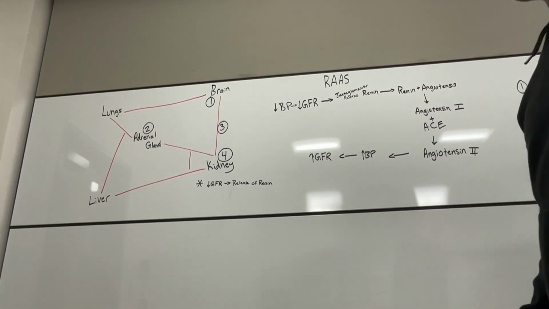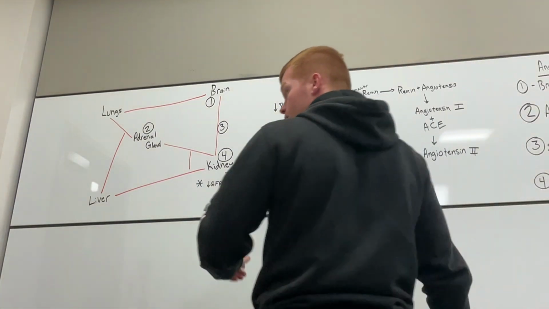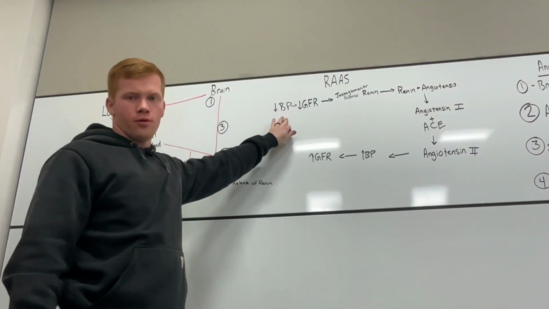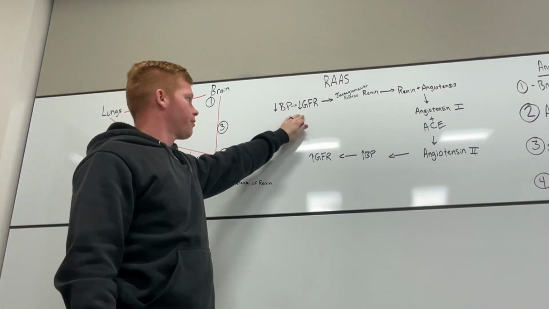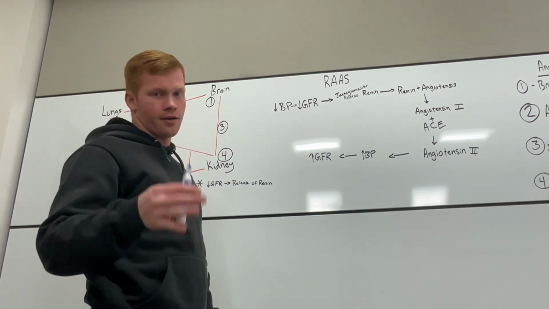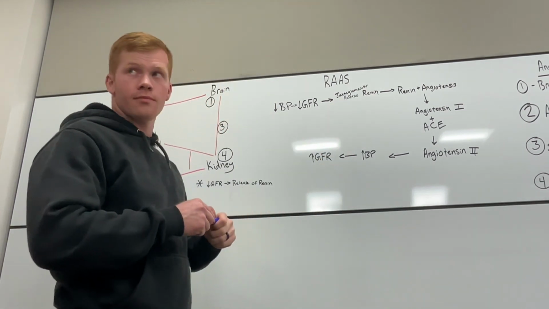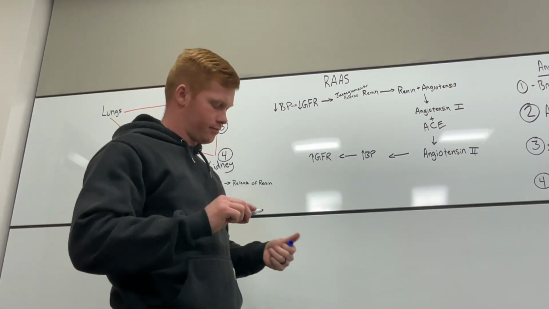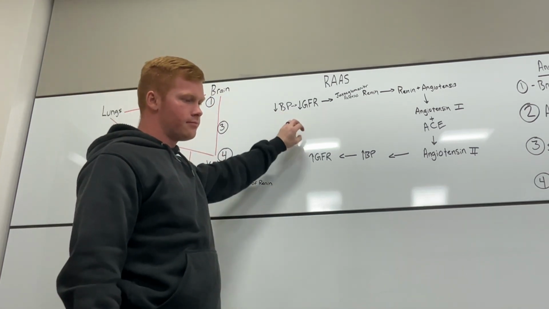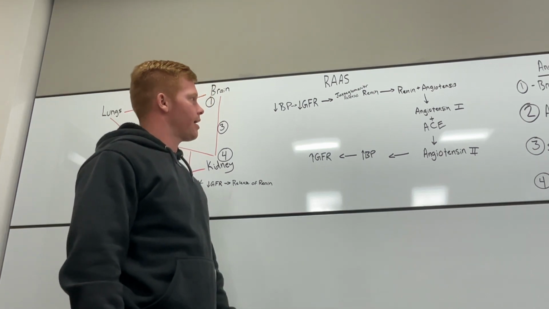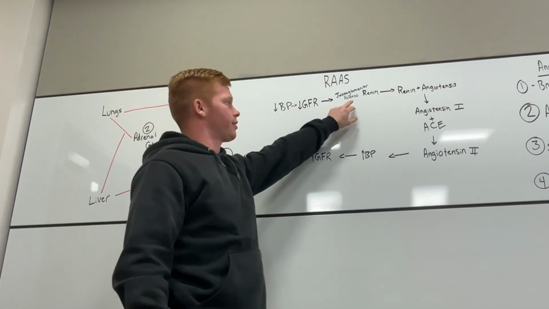Let me see where I want to start. Okay. It's kind of like what we were talking about before. We have low blood pressure, and that's going to create a low GFR, low glomerular filtration rate. So we're not having enough stuff getting filtered through. And there's the macula densa, which senses that, but then the juxtaglomerular cells are going to release renin